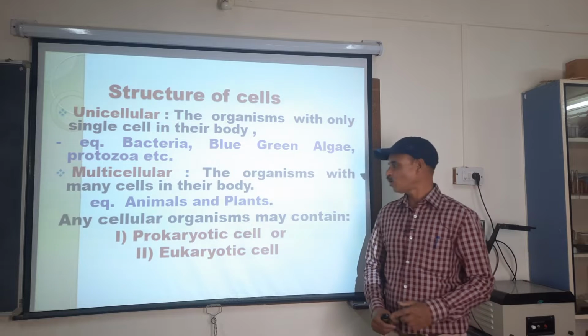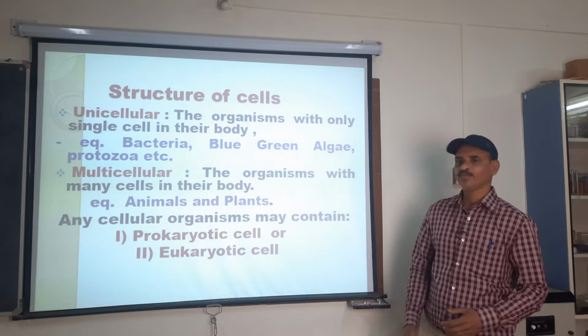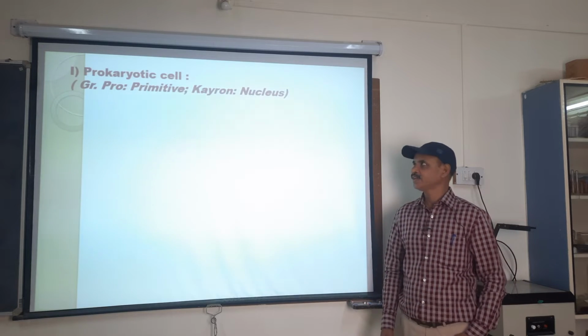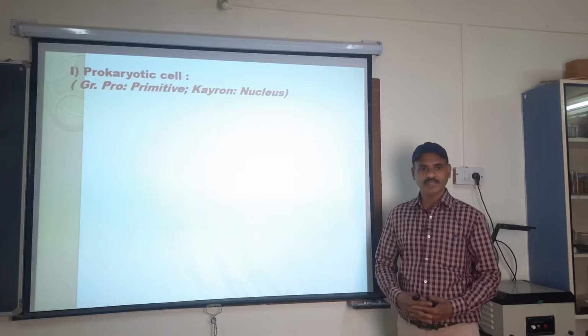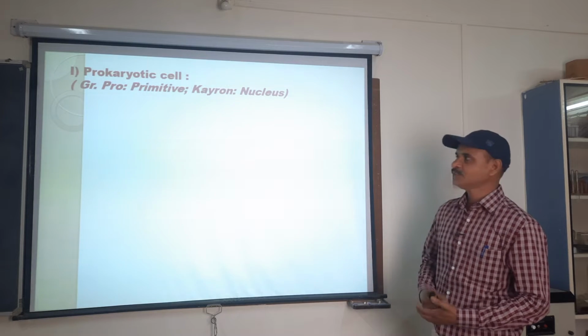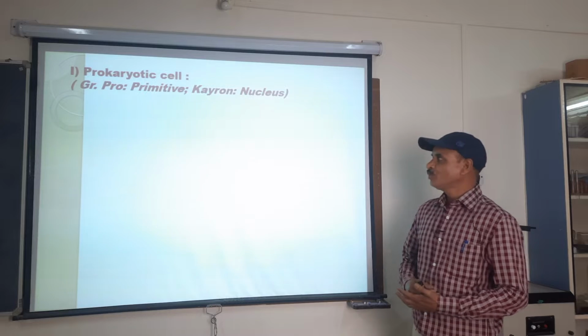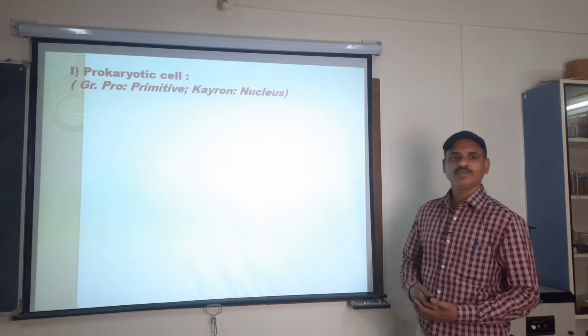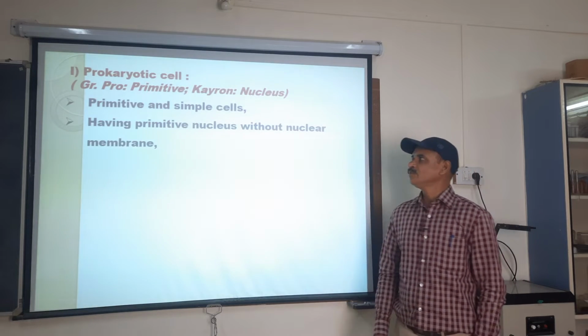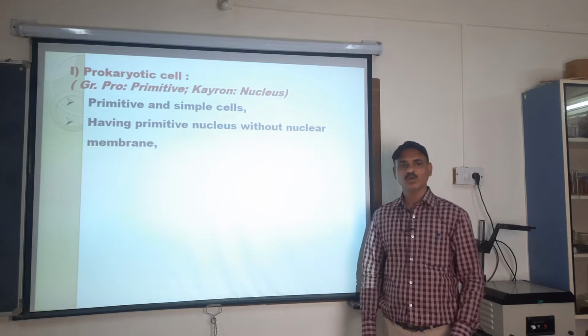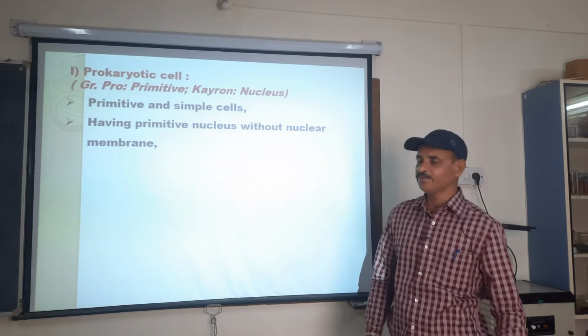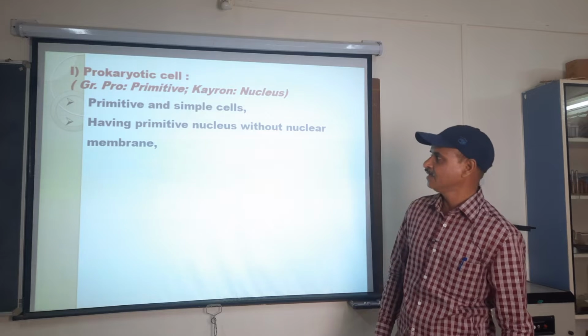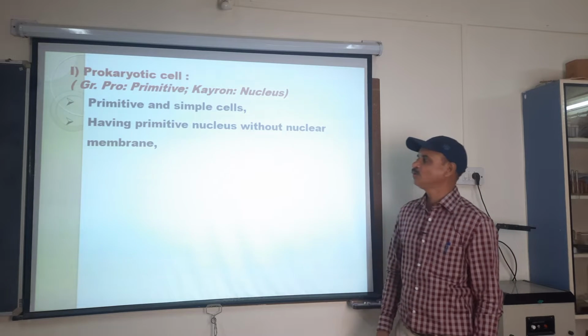Cellular organisms may contain a prokaryotic cell or a eukaryotic cell. Let us come to the prokaryotic cell. Prokaryotic is a Greek word. Pro means primitive and karyon means nucleus. So prokaryotic cells are primitive and simple cells, the first originated cells, having a primitive nucleus without nuclear